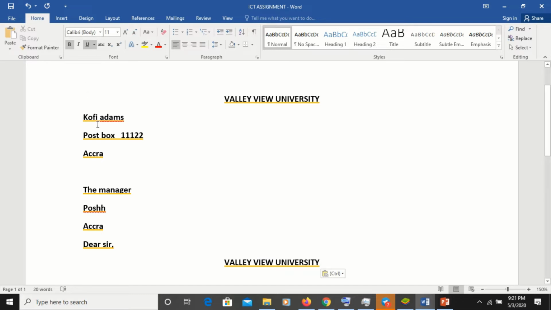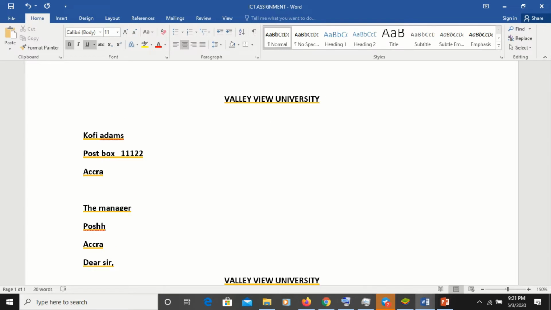Please check something here. You see, we have everything we've typed here underlined. The reason being that we selected the underline key or the underline ribbon and applied it to Valley View University. Once the cursor was blinking here, we pressed the enter key, then it came down for us to type. When it happens like that, anything you do will have the underline on it because we have it at the top. To change it is also simple by highlighting